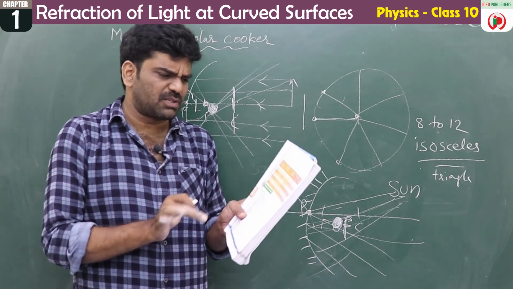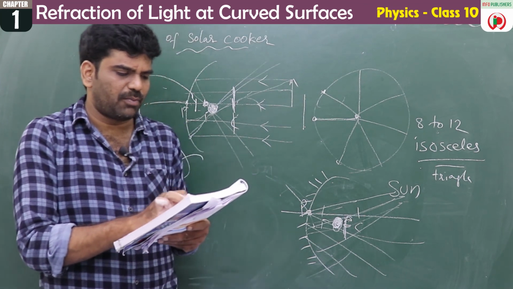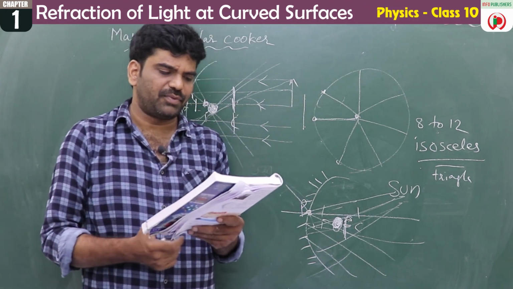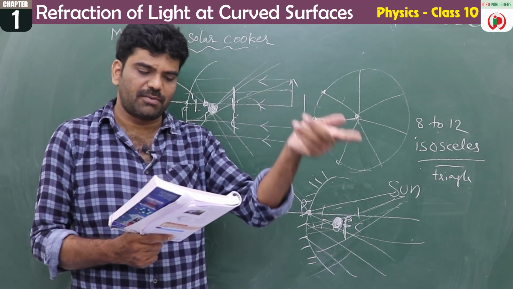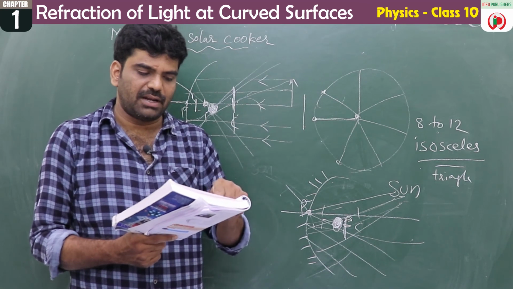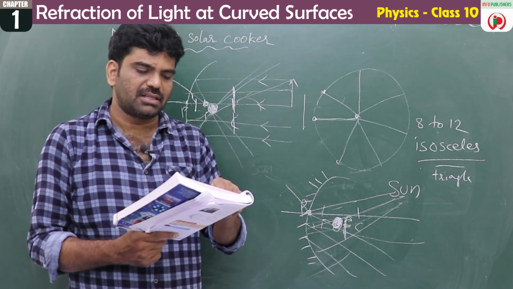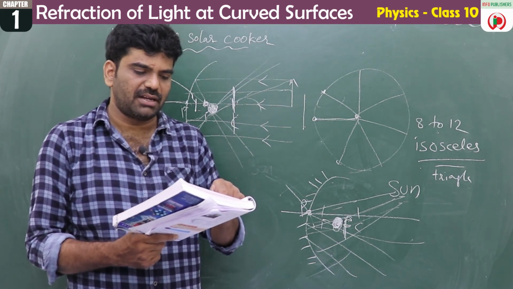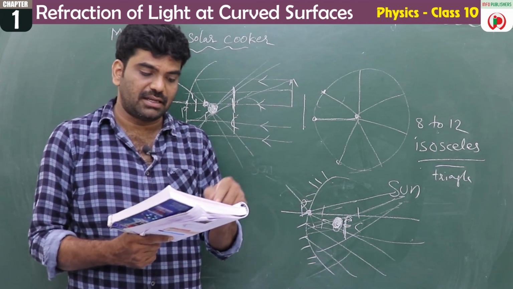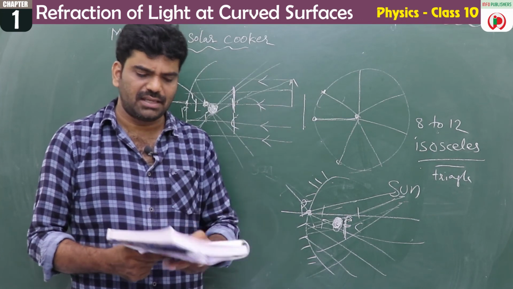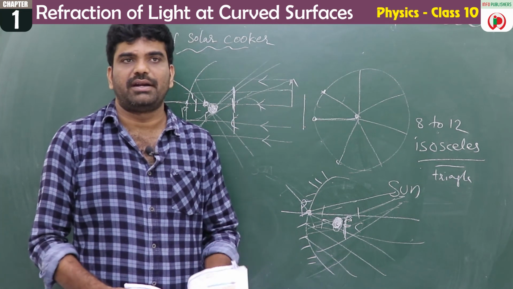Simply, there is a small logic. The second one, on the focal point, means on f. If you keep an object at f, the image is formed at infinity. The second one and the sixth one are just reversed, and the third one and the fifth one are reversed. The first one is a special case, that is virtual, and the fourth one is at c, meaning same size. So this is how you can fill the table, and this lesson is very, very important.